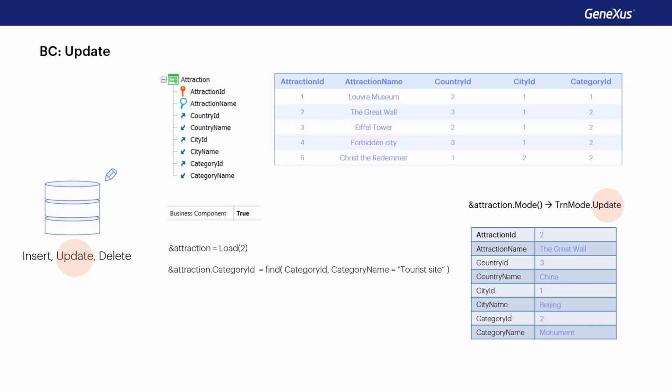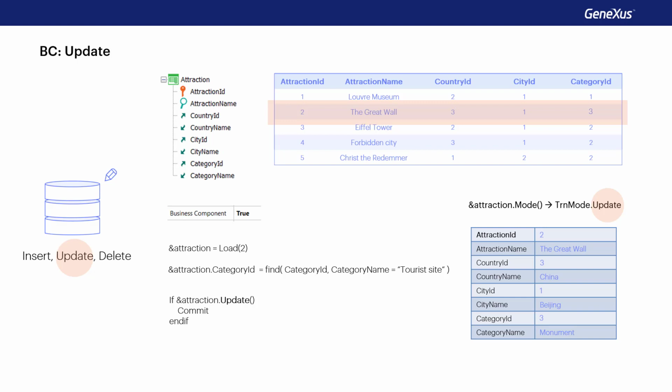Then, assign a value to all the elements of the business component to be modified. In this case, only category ID, as we want the others to keep the value they had. And lastly, invoke the update method to perform this update in the database, and commit